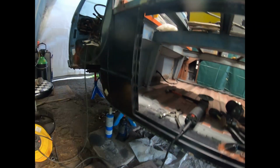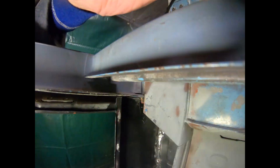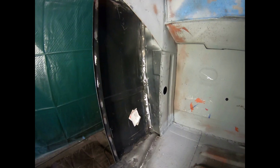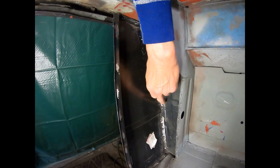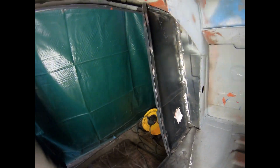I put it in place, so you'll see that's how it looks so far. It's welded in. I used one spot board there and one down there, and then I can put in the closing